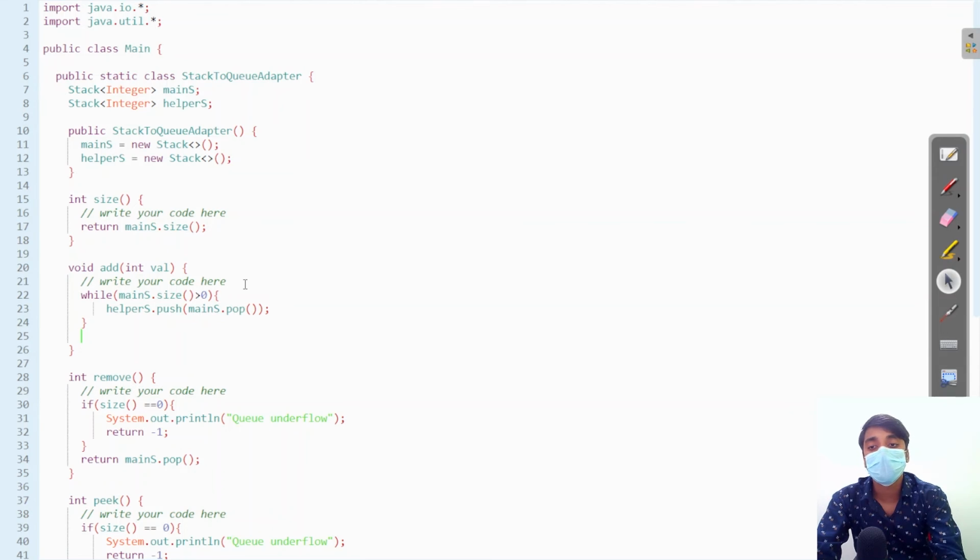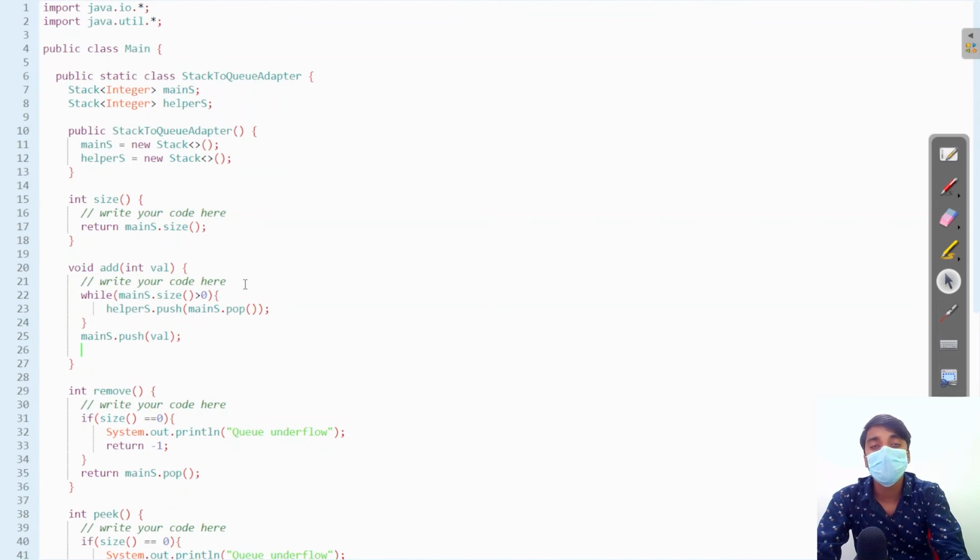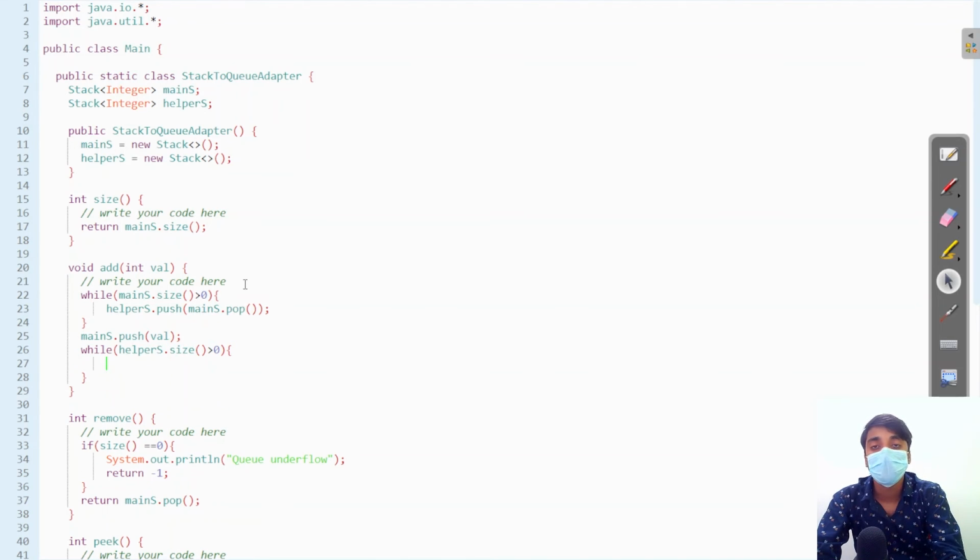Now after removing all the elements from main and pushing them to the helper, push the value into the main stack. Now again, while our helper stack dot size is greater than 0, we will push all the values from the helper to the main stack. Now this is the code.